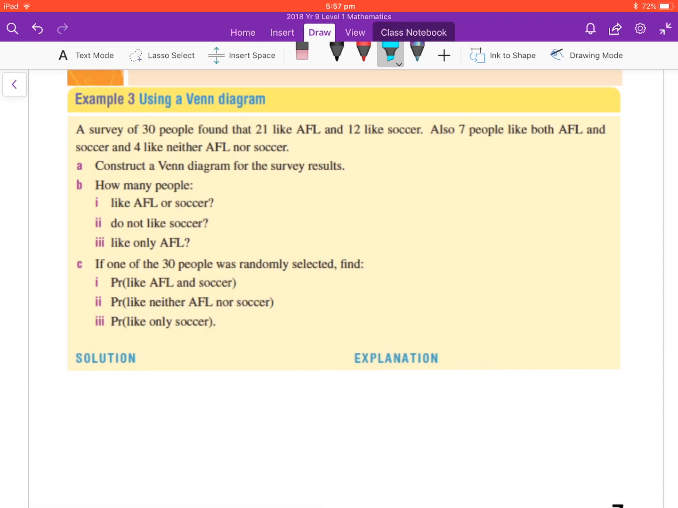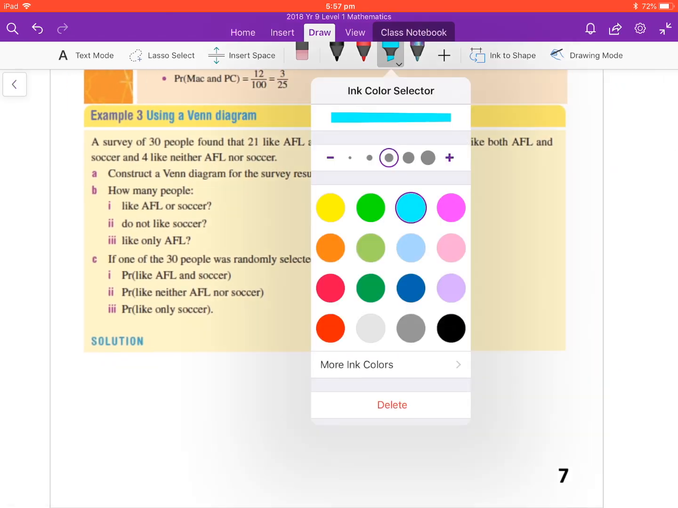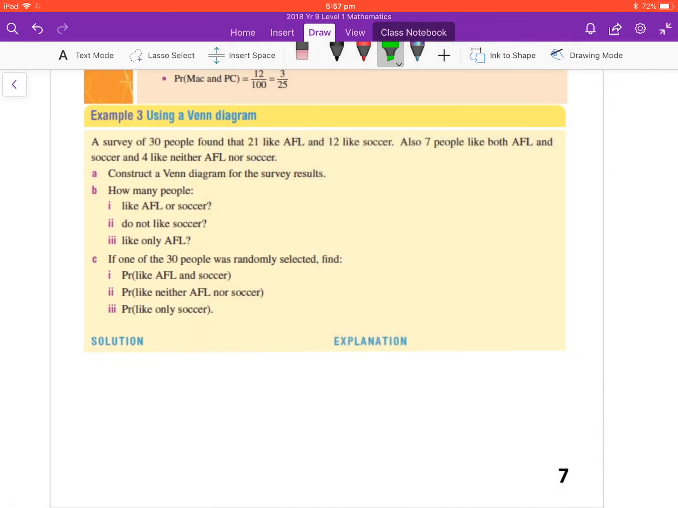All right, so let's actually get stuck into it. This is probably the best way to tackle these questions, is actually to do some examples together. So first thing is really read the question carefully, because there are some things that can catch you out. So a survey of 30 people, so now we know my total is 30 people. 21 like AFL, 12 like soccer. There are also 7 people that like both AFL and soccer, and there are 4 that like neither AFL nor